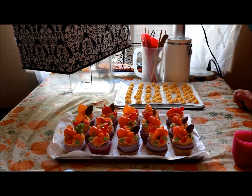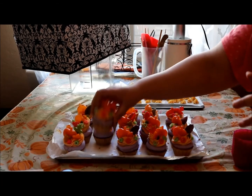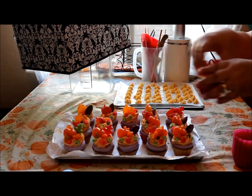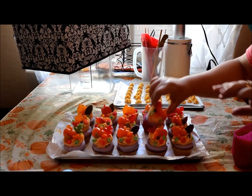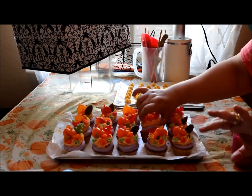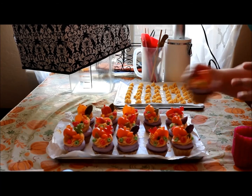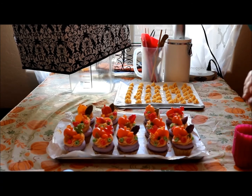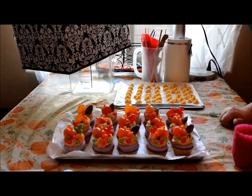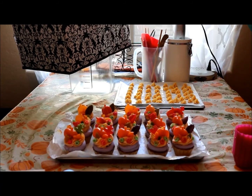And oh, there's more I have to unmold. I'm not sure that I'm going to get a chance to package these for you and take a picture before I update or upload the video, just because I have so many I need to upload and I really need to kind of get going. But you kind of get the idea. More than likely, those cupcakes will go